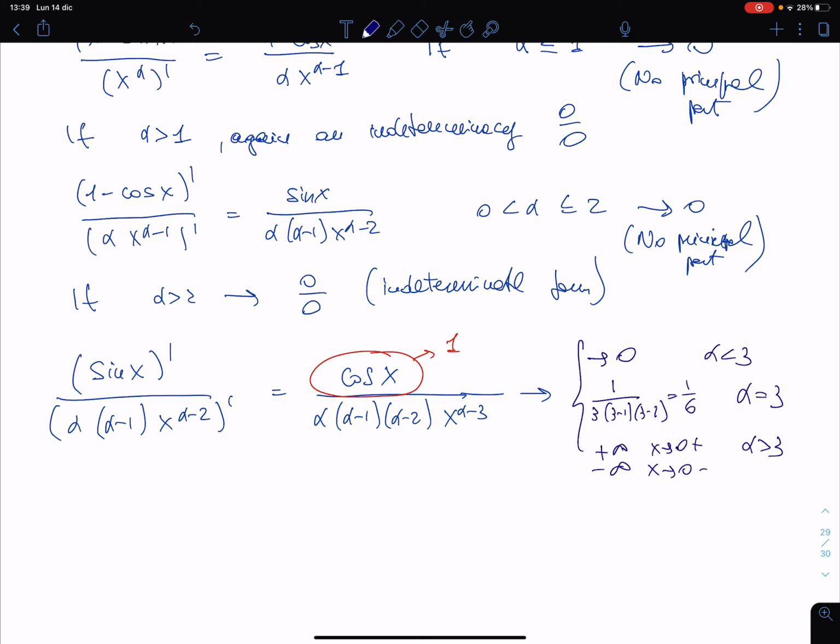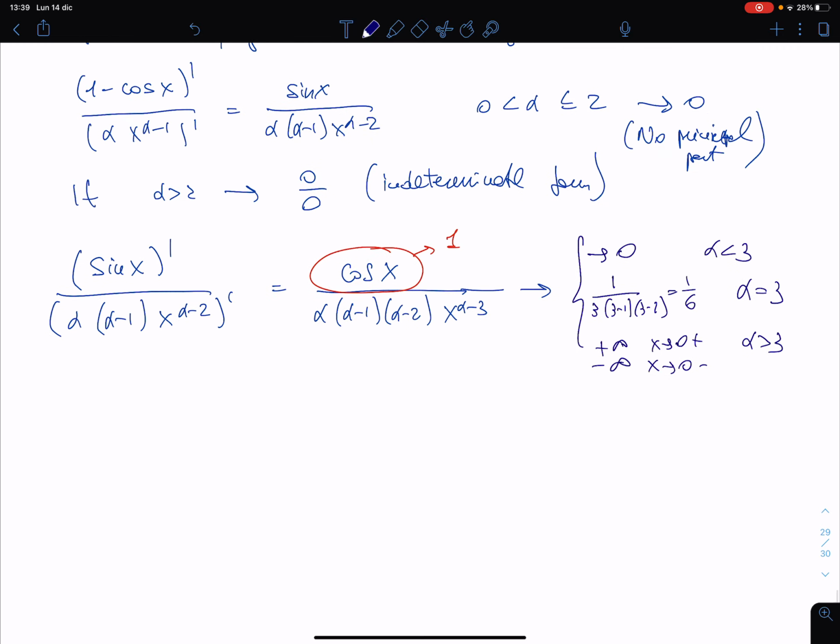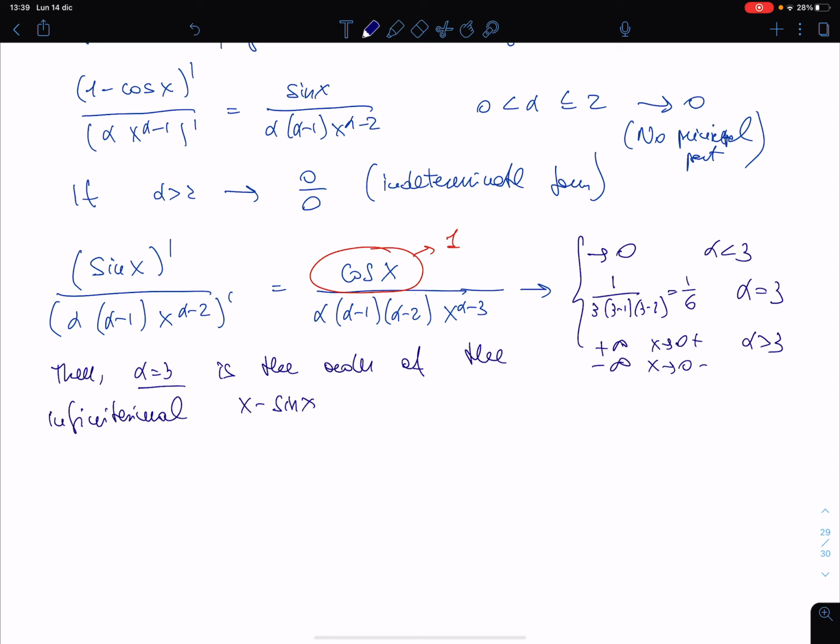Okay? So what we found at the end is that, in particular, alpha equal to 3 is the order of the infinitesimal x minus sine of x with respect to the sample phi of x equal to x. Okay? And now